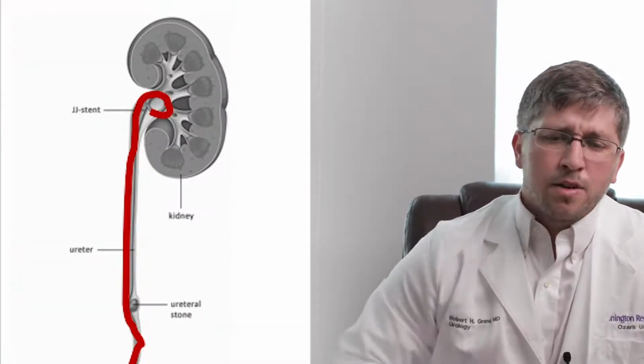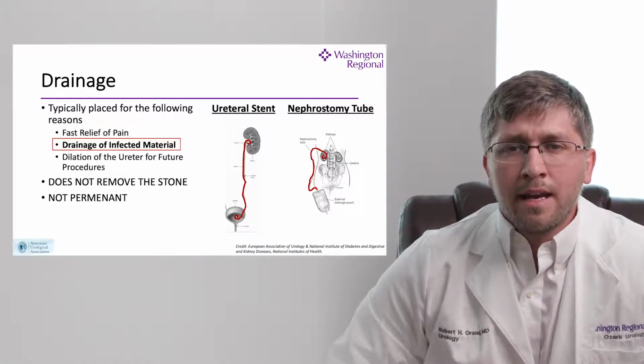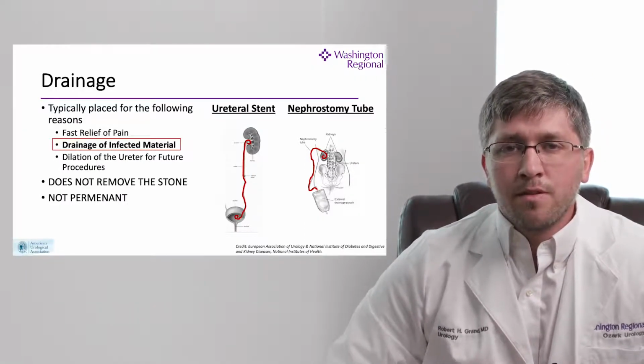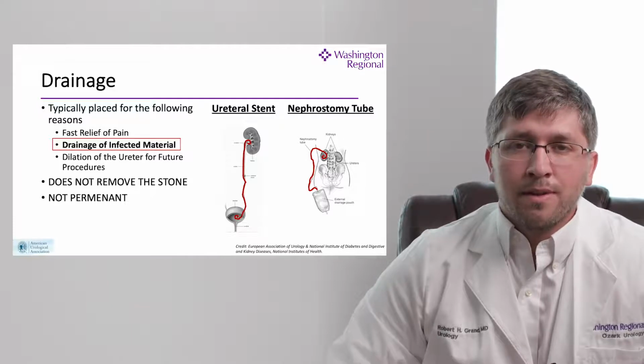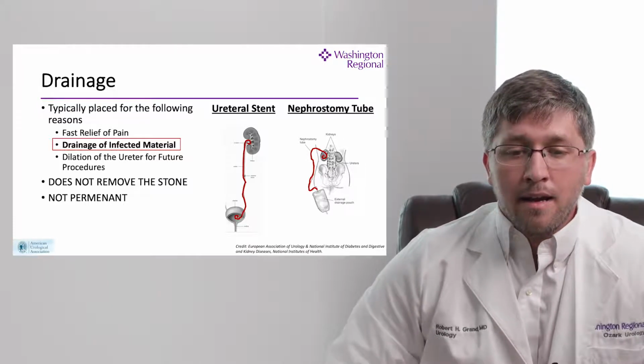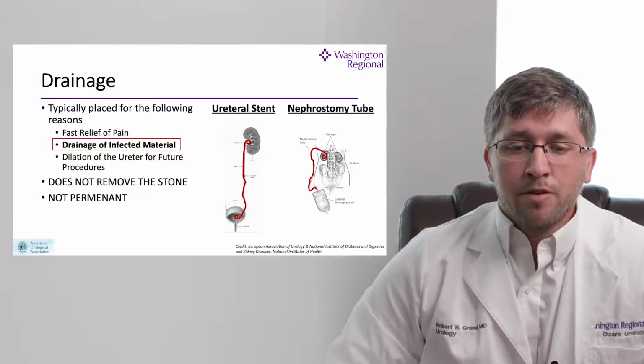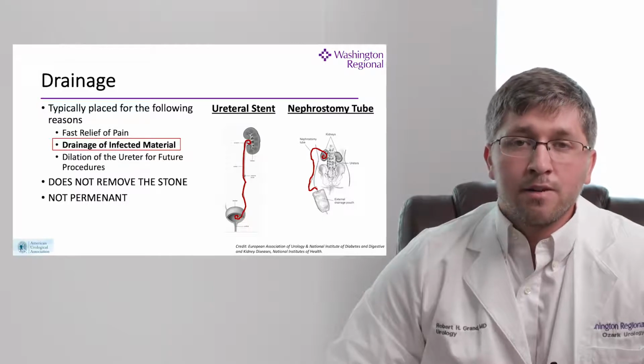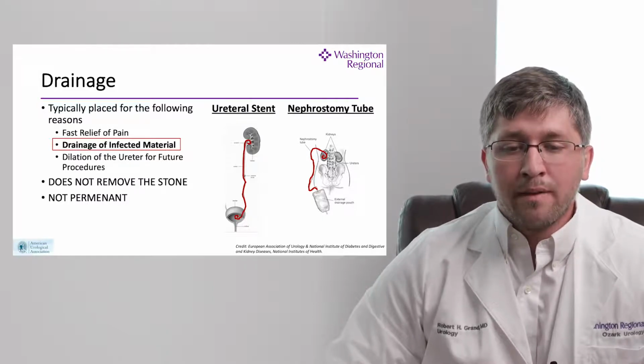Here's a picture depicting a stent. The nephrostomy tube is another option for drainage of the kidney. A nephrostomy tube is a tube that goes through the back and sits within the renal pelvis to allow the urine to drain out of the kidney. Nephrostomy tubes are beneficial because you can place a larger size tube and get better drainage from the kidney. The downside is, of course, that it drains into a bag and you as the patient would have to